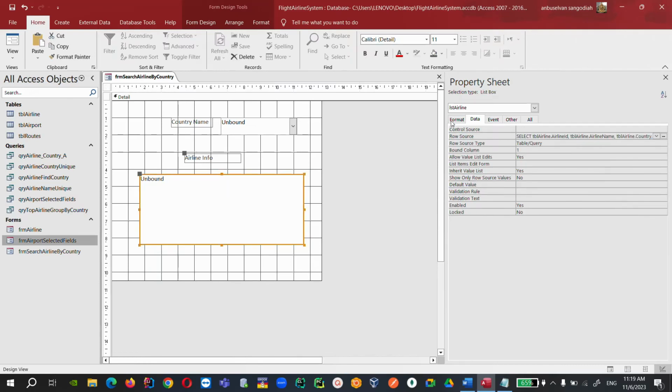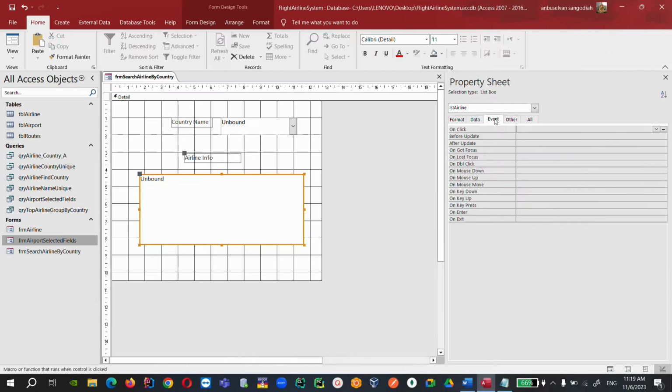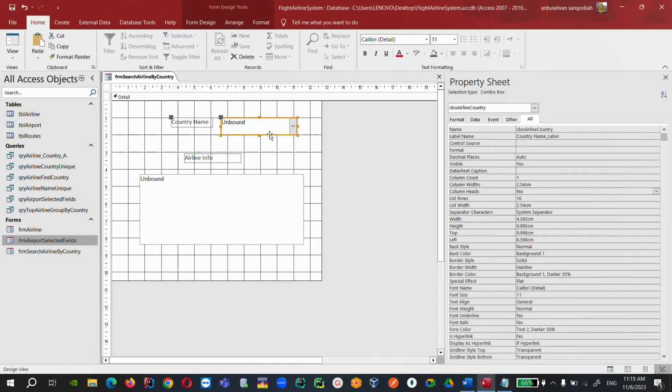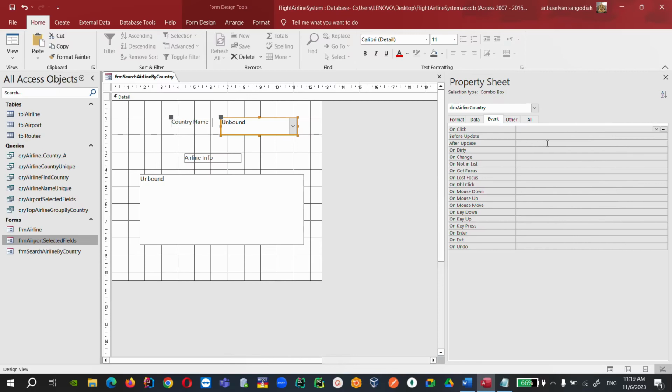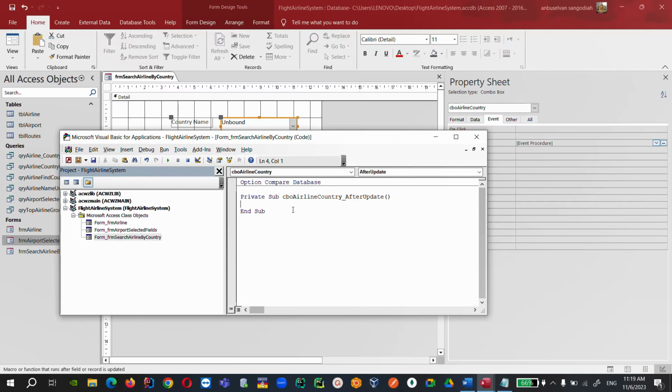Okay, for this column, you want to display all of them, right? So you put 5 columns. I want to display column heads, yes. Okay, so this is done. Next is the programming part here, the VBA. You need to add something. Okay, after update. So what you need to do is after update. So just code builder. So just put list airline equals to null,